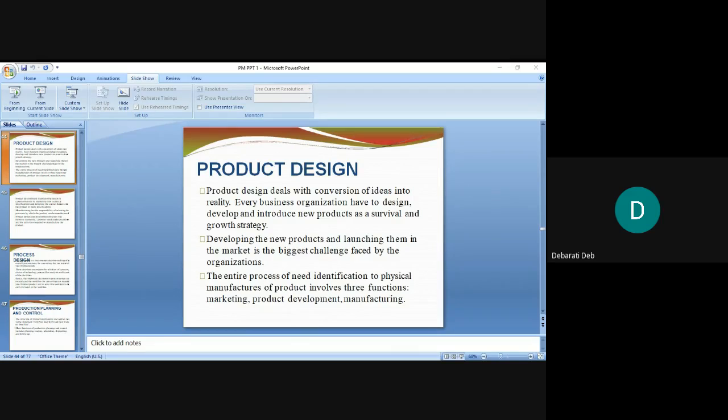Isn't it? Can you relate that designing a product is not a single-hand task? It is not a single task of a single department. It involves a lot of activities. Primarily it involves the marketing department a lot, because the marketing department are the ones who deal with the ultimate consumers, ultimate customers. They know the customers the best of any department in the organization. So when designing a product, taking feedback from the marketing department, then developing the product is very important for any business organization. And then manufacturing.